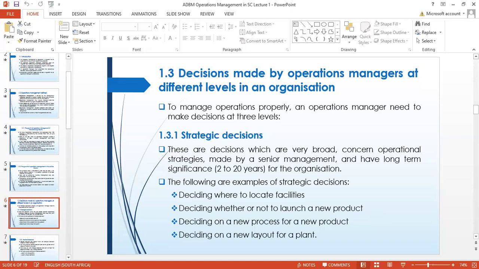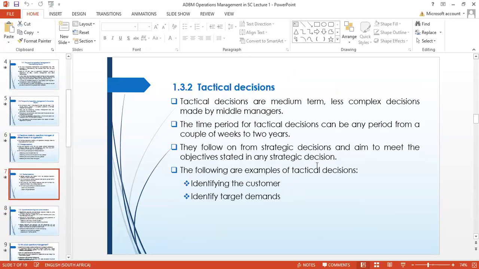Okay. From the strategic decisions, we have the middle level, right? The first one was the high level, and this one now is the middle level. So at the middle level, we have the tactical decisions, right? These ones are medium-term, less complex decisions. When we say less complex, it is in comparison with the strategic decisions, and they are made by the middle level managers,